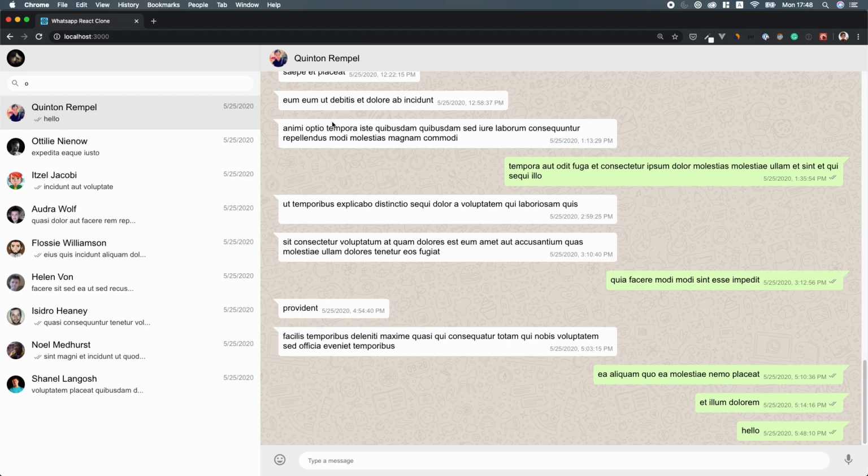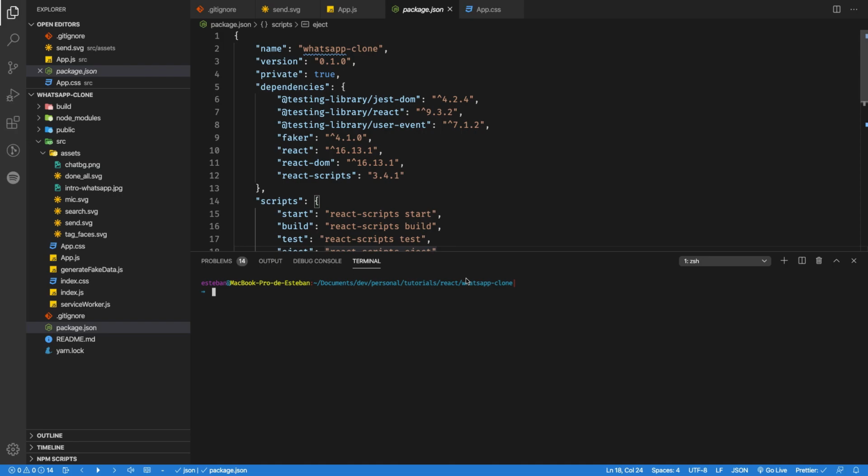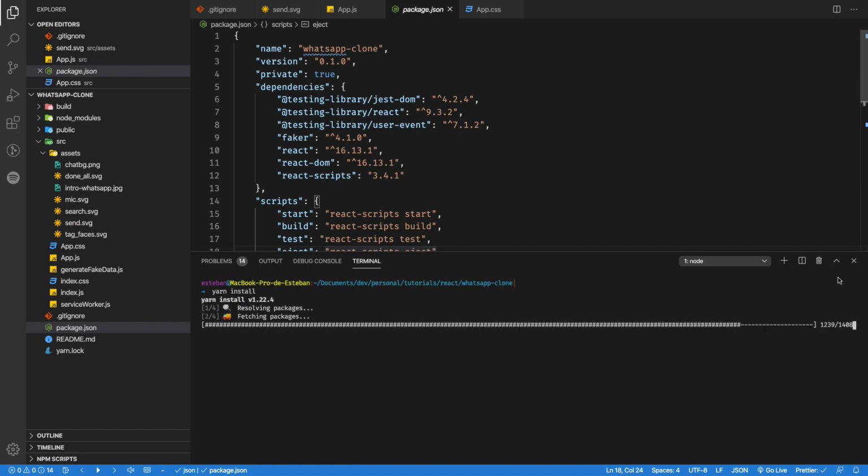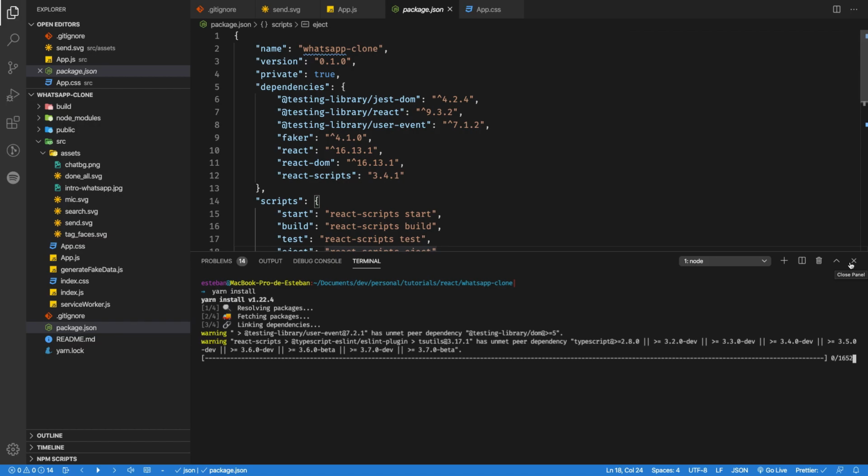And now let's jump into the code. Okay guys, so I am in the starter repository, and the first thing that I'm going to do is install the dependencies. I'm going to use Yarn, but you could also use npm, and also make sure that you have Node.js installed on your computer. While this is installing, let's take a look at